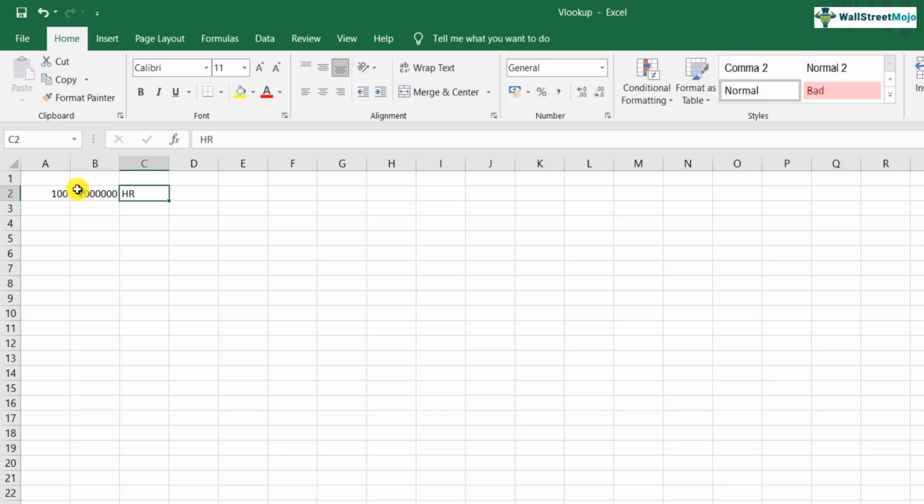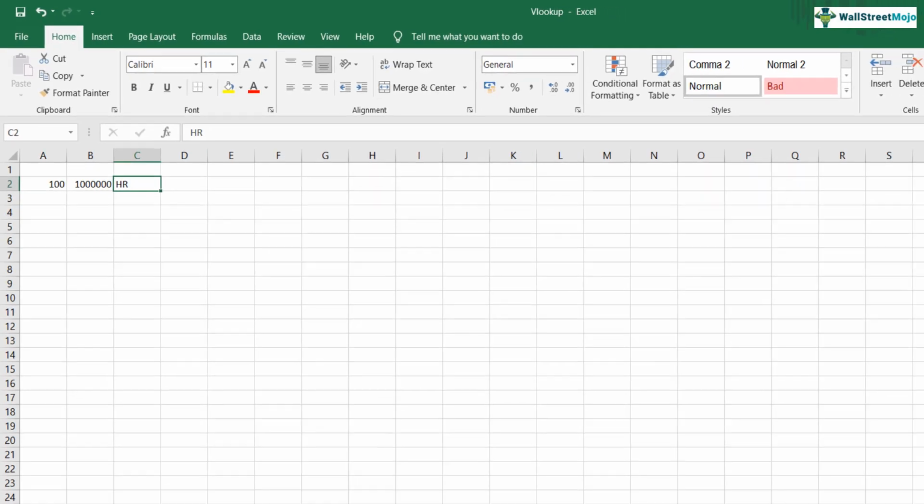So what problem VLOOKUP solves is that it takes a look at the entire data. It takes a look at what employee code or what fixed number you want and will throw out the necessary information you need. So this is what VLOOKUP helps to solve. It will only look at the data vertically, from up to down. So now let's start by how you put the formula VLOOKUP.